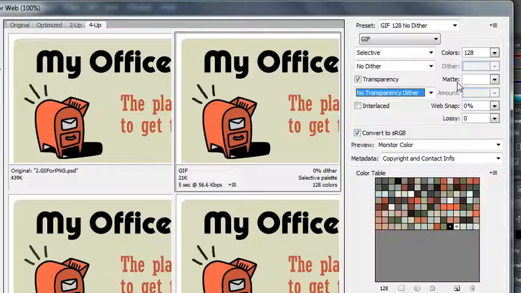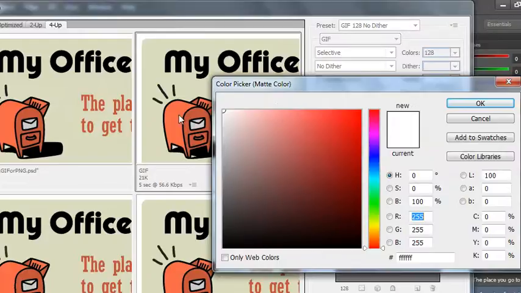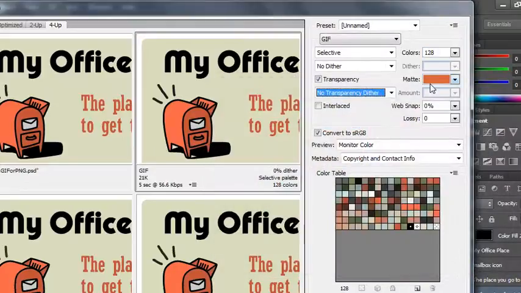Around the outer edges of the circle, you would want to set the matte color to match whatever color the background of the container is that you're placing your images in on your website. So for instance, if I was going to place it onto a page that was this same color orange, if I knew what the hexadecimal value of it was, I would make sure to select it and make that my matte color